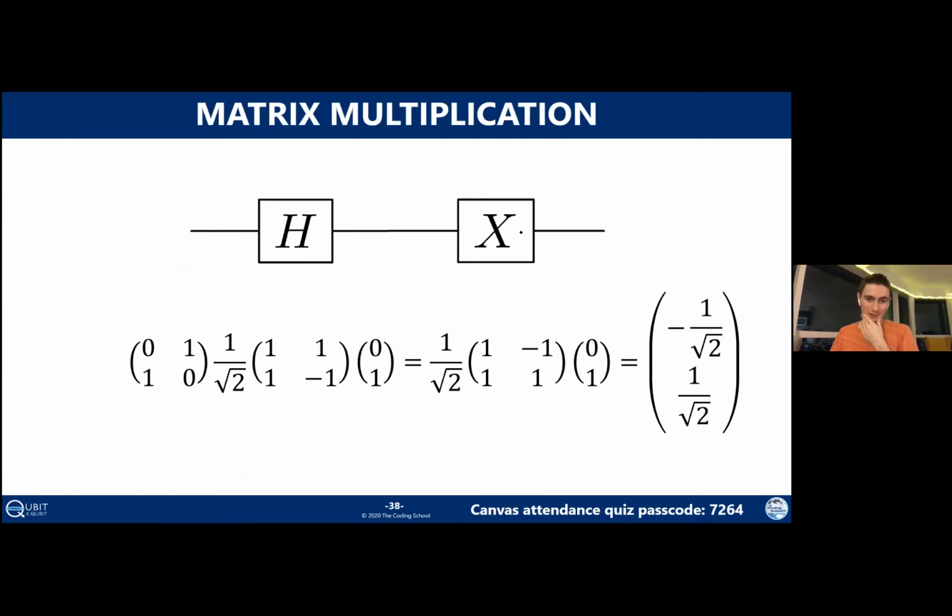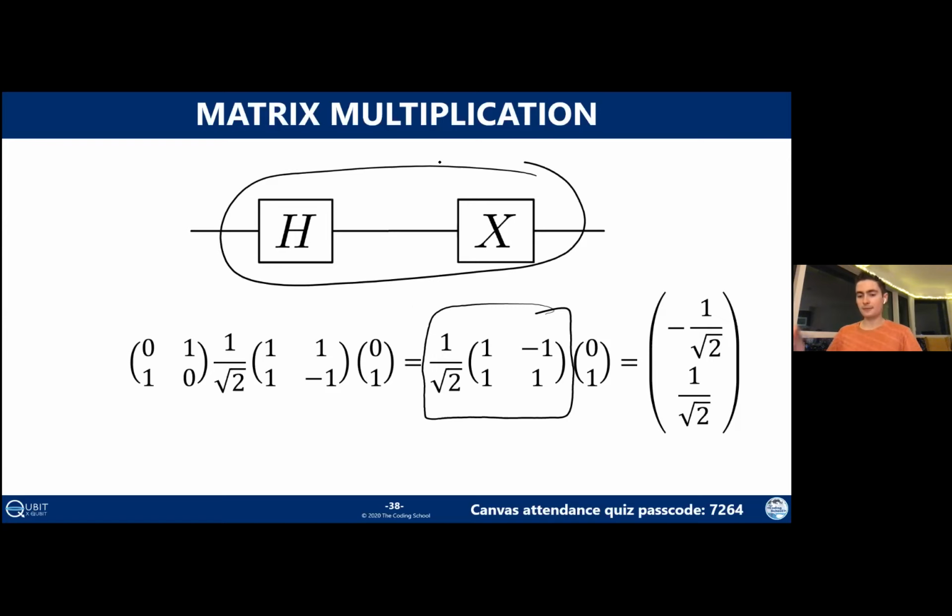That is something to be careful of. People get confused with this a lot. When you're multiplying matrices, the order is reversed from how you draw it in a quantum circuit diagram, which is just kind of a confusing piece that you have to memorize. But yeah, this matrix that we have calculated here, this X times H matrix, is equal to this quantum circuit. And so any quantum circuit, any combination of gates is still just a matrix. It's just that you have to do this matrix multiplication to figure out what it should be.